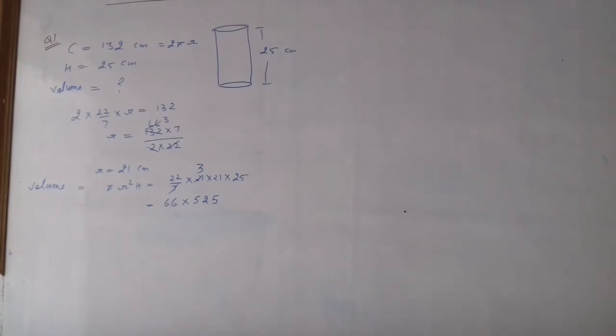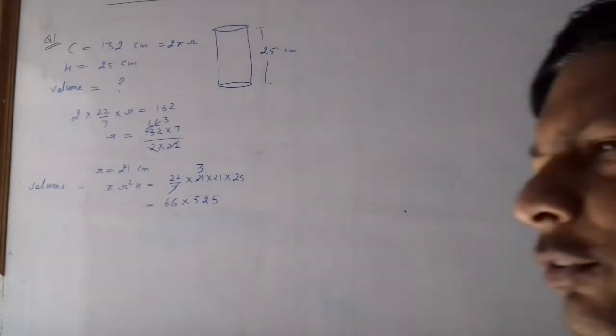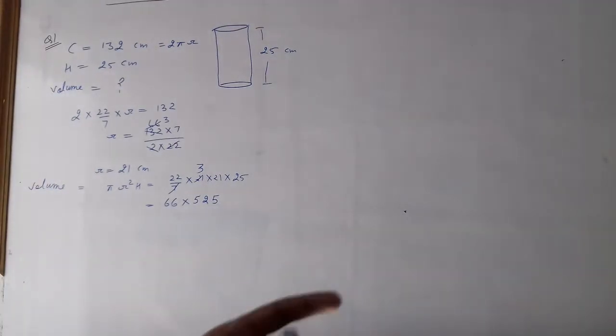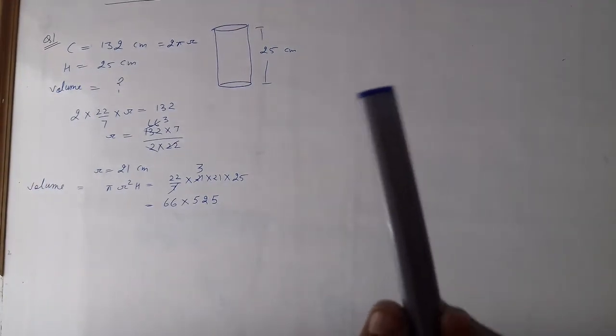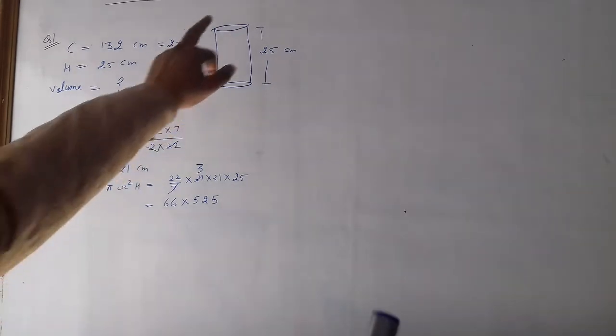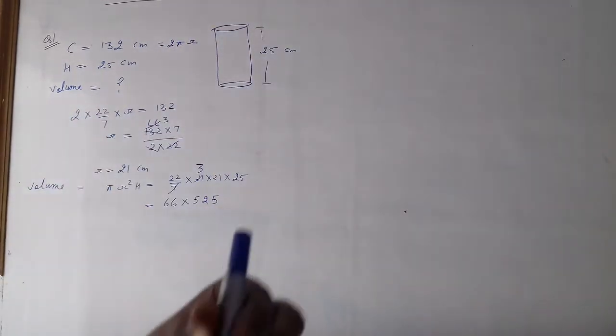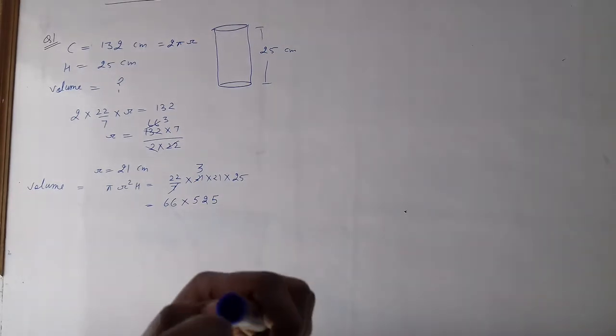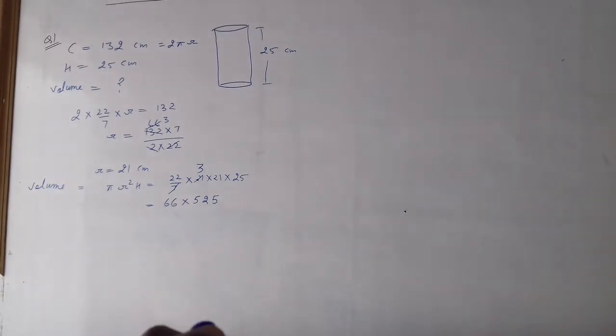Today we will start our new exercise 13.6 that is based on the volume of cylinder. You know very well the cylinder like this. It is a cylinder and its volume is pi r square h. This is its boundary, and if you will see this from the top, it looks like a circle, and this circle having the area pi r square and its boundary is known as the circumference, that is equal to 2 pi r, right?